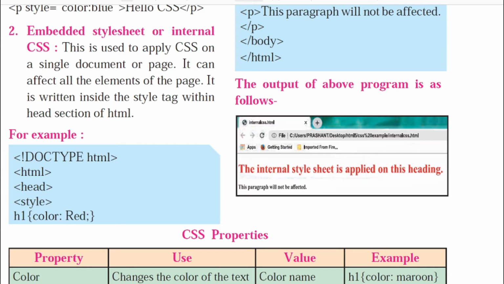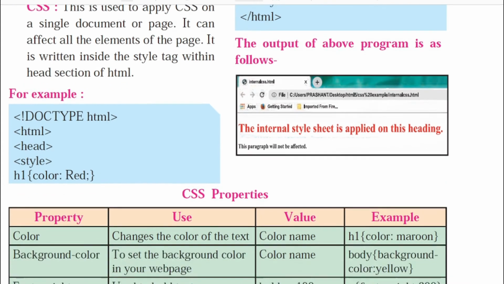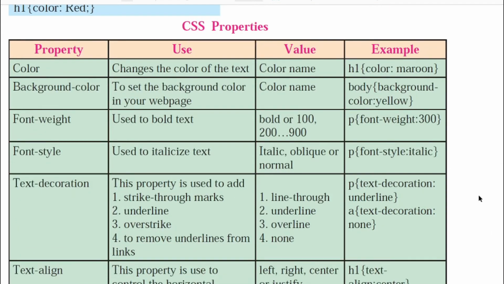So my dear students, now let us have a look at some important CSS properties which will be very helpful in the coming external style sheet videos. Property number 1 here is color. As you all know, to apply color to your web page or elements of the web page, CSS uses the color property. What does this property do? It changes the color of the text. You can use the value as a color name, yellow, blue, whichever color you want.